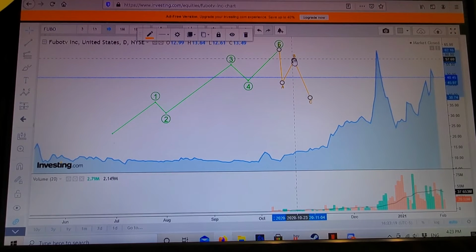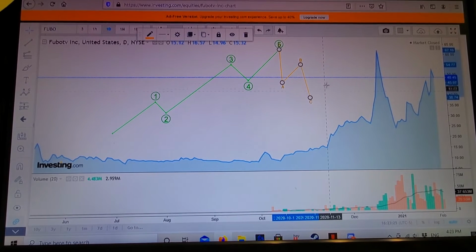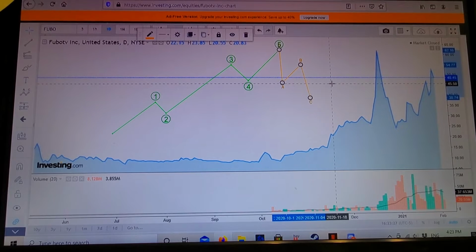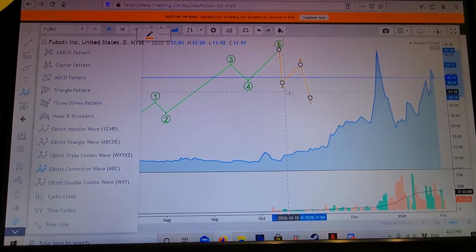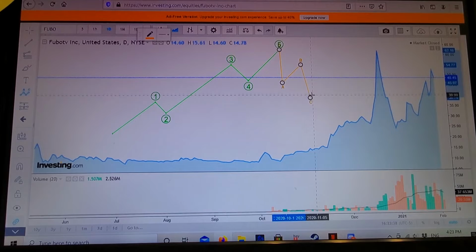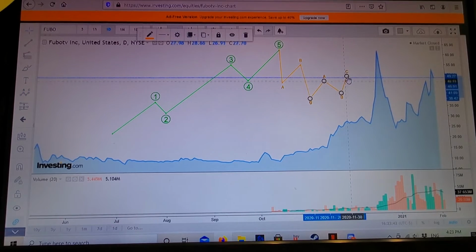There's lots of rules about how ABC can work. Way too much. I don't follow all of them myself. It's kind of hard to measure, hard to predict. Just know that after 5, there almost always is an expected 1, 2, 3 correction somewhere, and you might end up getting these ABCs linked to each other. Like you might get another ABC and another one and another one until it finally breaks out into its next pattern.